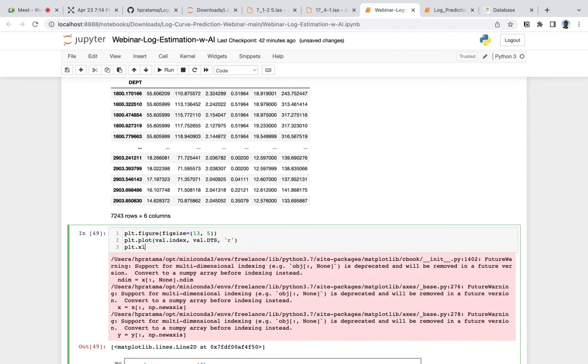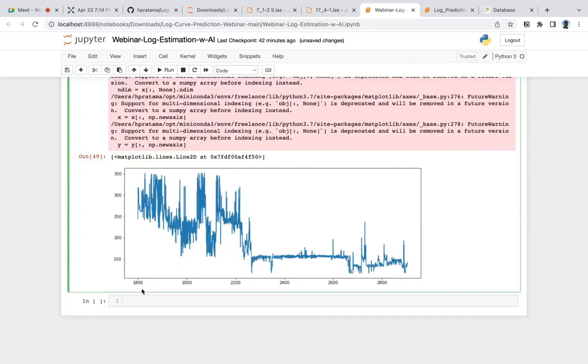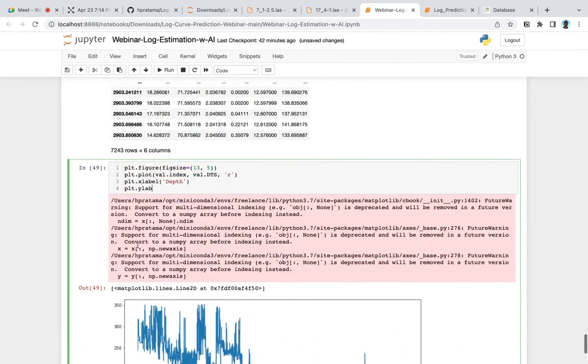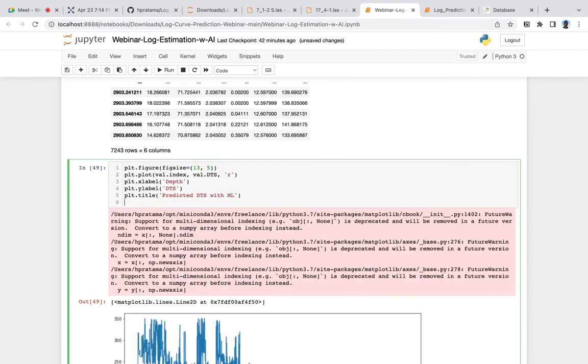Then plt.xlabel is the depth, and plt.ylabel is the predicted DTS. You can add a title with AI or machine learning as well. And then plt.show.